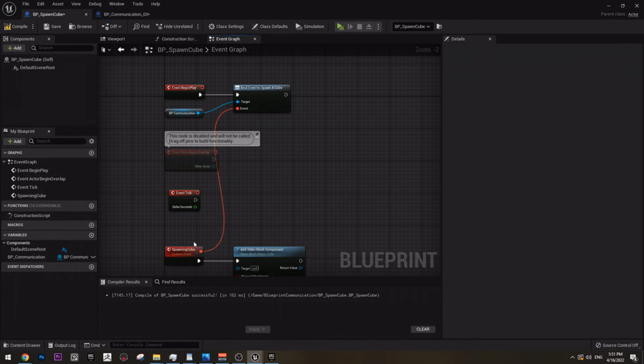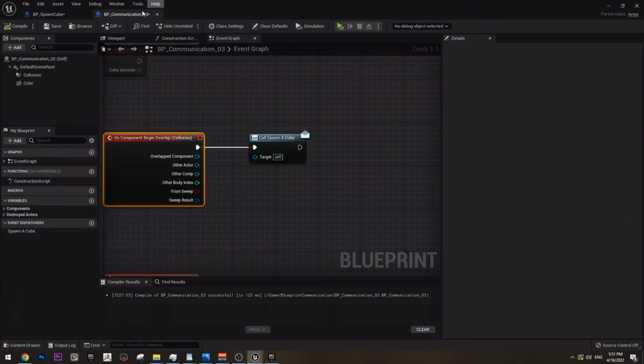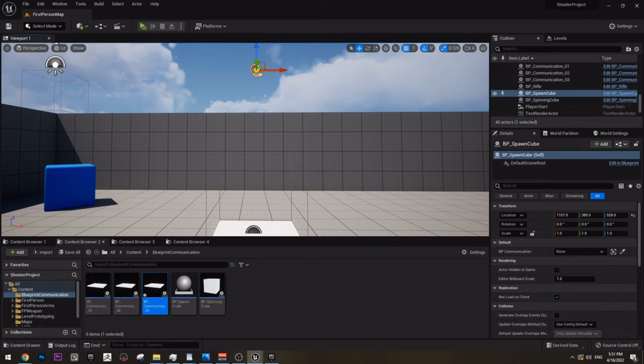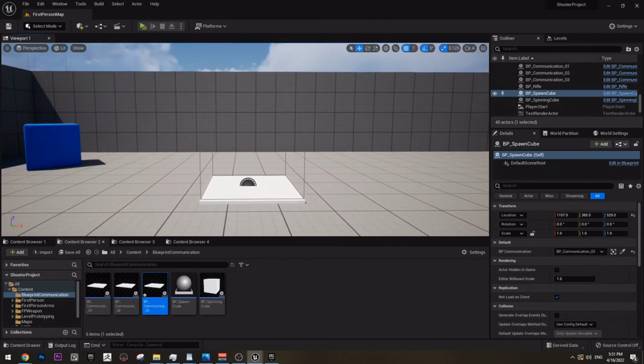Sorry, we bind this event to the event dispatcher, and we get the event dispatcher again from this variable that is of type BP_communication_03. And this way, now actually the most important step, because this won't work, we need to make it again instance editable. And now finally, if we select this actor now and pick our platform blueprint communication blueprint,